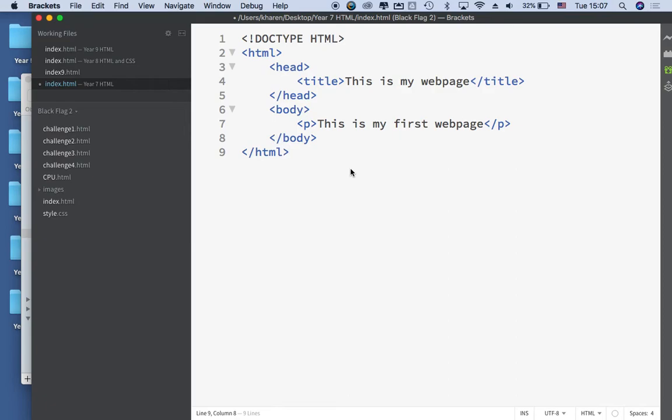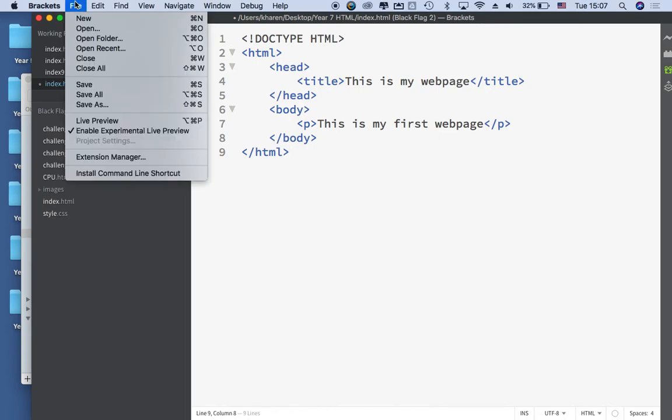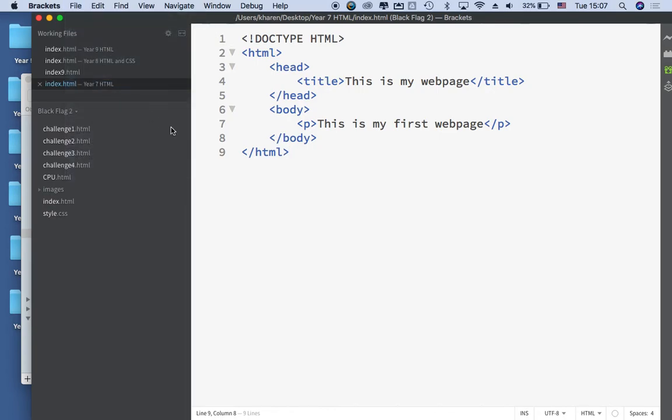Okay, so there's 2 ways to save it. You can click on File and Save, and you should see the little dot disappear from up here, or here as well. And you can also do it with Command and S on the MacBook. Okay, if you've done that, then you should